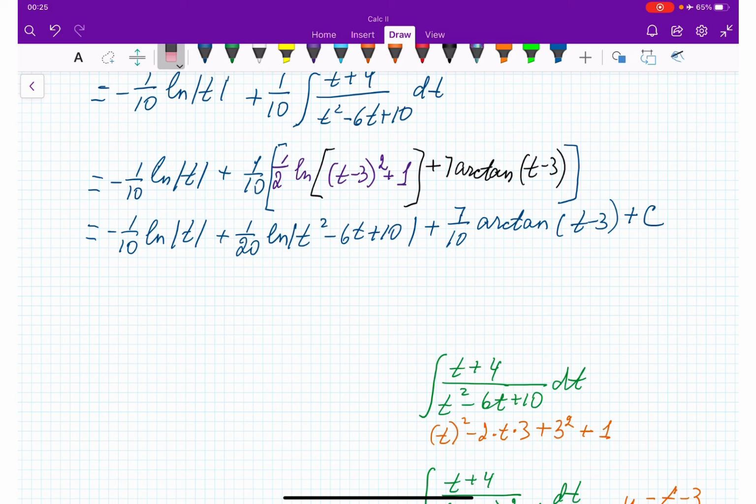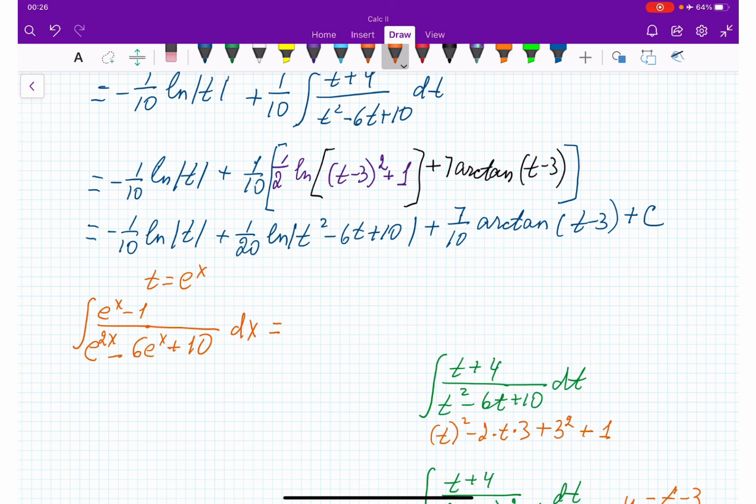Okay, so bringing back t, the final answer, let me write down with this color: the integral of e to the power x minus 1 over e to the power 2x minus 6e to the power x plus 10 dx is equal